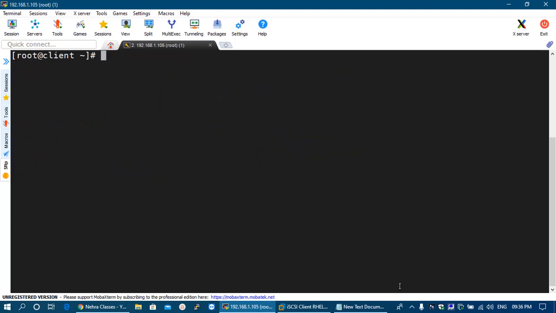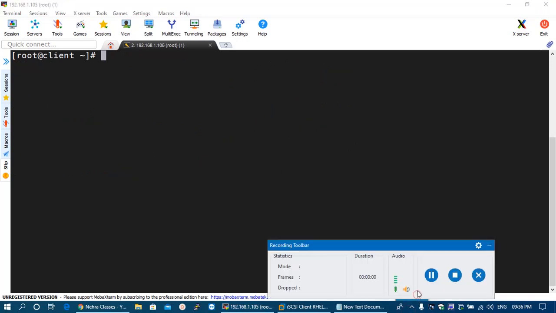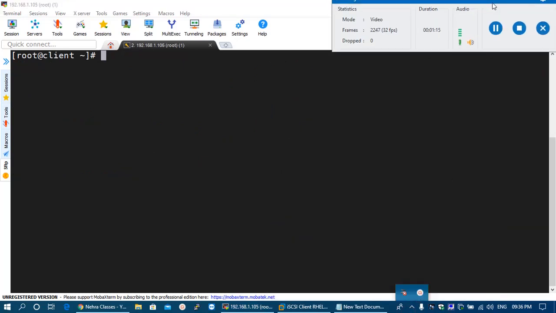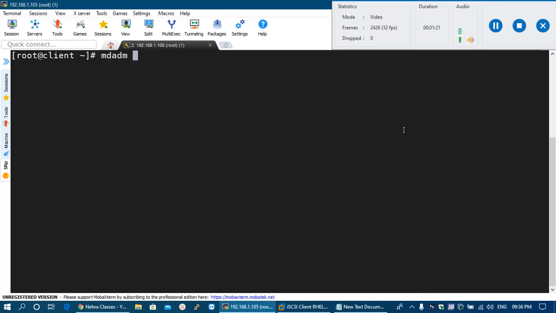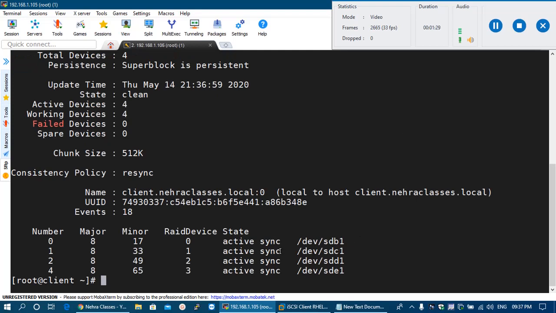Let's make one of the disks from this RAID faulty, and we will check whether our data is safe or not. So if you run the mdadm command to see the details, you will see that it is showing all the partitions as active.